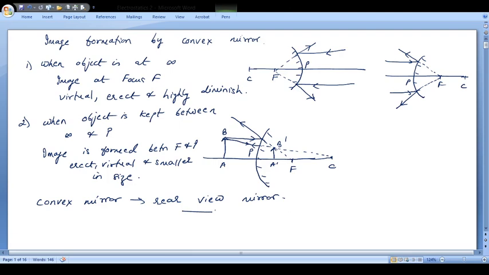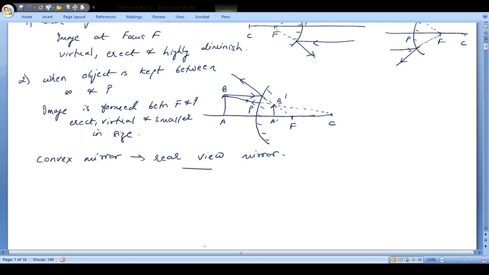Now see, as students, you must have seen that in case of vehicles, the mirror which is outside the door, on your right hand side if you are sitting at the driver's position, that mirror is curved outwards, and that mirror is your convex mirror. Now let's try to understand why they are used. Then we can reason it out.